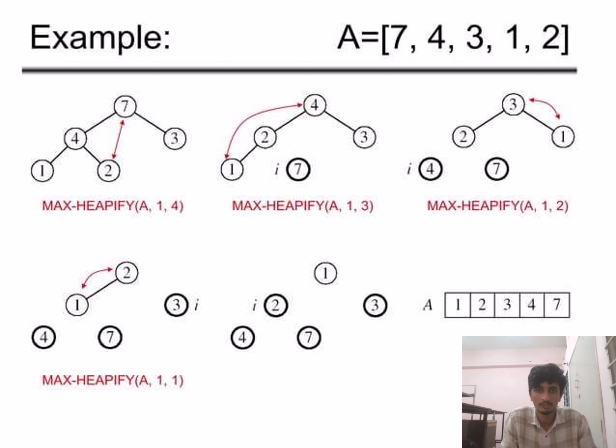Yes, it is in maximum heap, and then convert and place the 1 in the place of 4 and check if it is in maximum heap, which it is, and place the 1 on 3, where 3 comes out and the value is given as 2, 1, which is heapified. The 2 comes out, and the values will come as 1, 2, 3, 4, 7, which is sorted